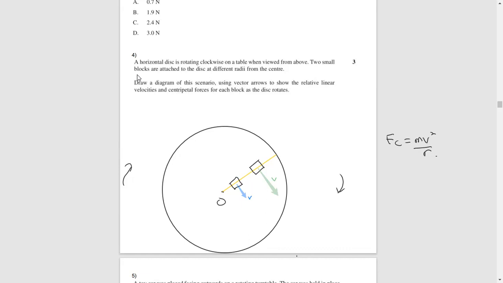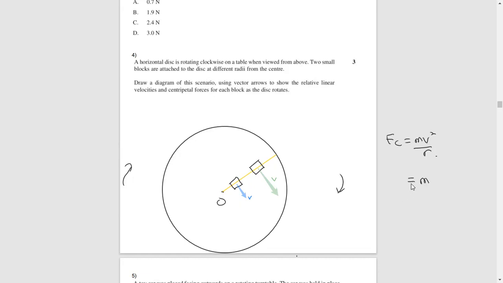they didn't really say it's the same block, but I think it's a reasonable assumption. And the velocity is clearly larger the further out you are. I mean, it might not be very easy to tell from mv squared over r because v goes up and so does r. So honestly, you can probably guess that the central force is bigger for the outer one, but it's probably even more clear cut if you think about it